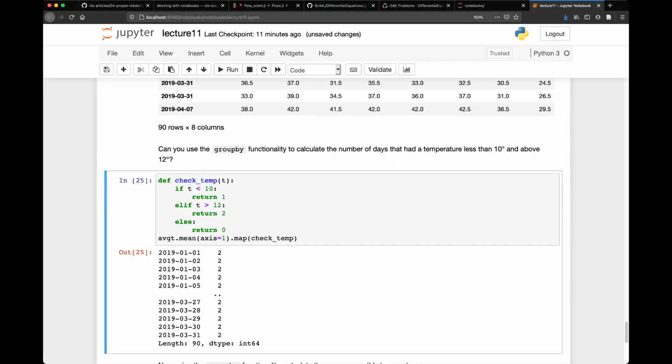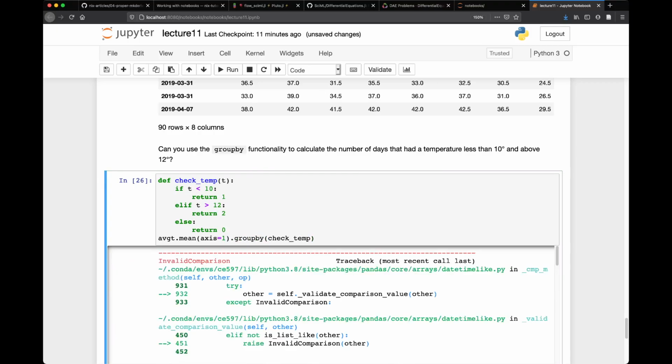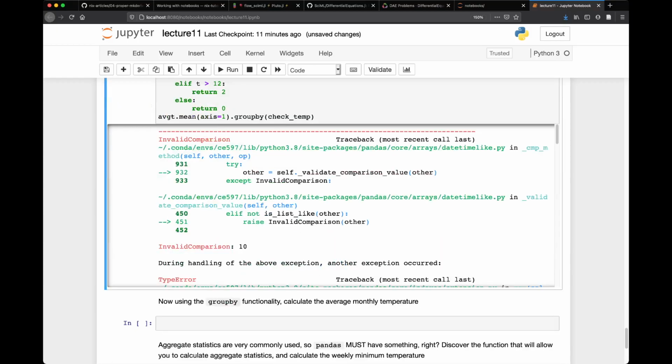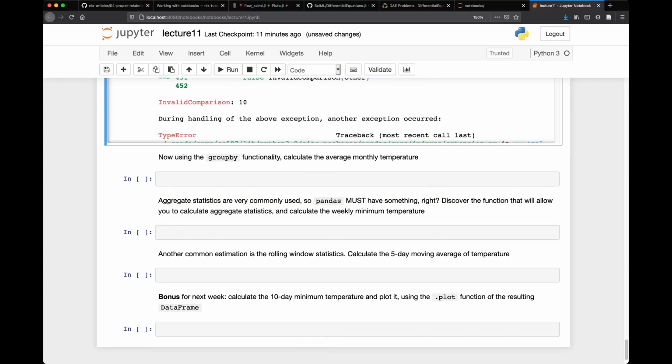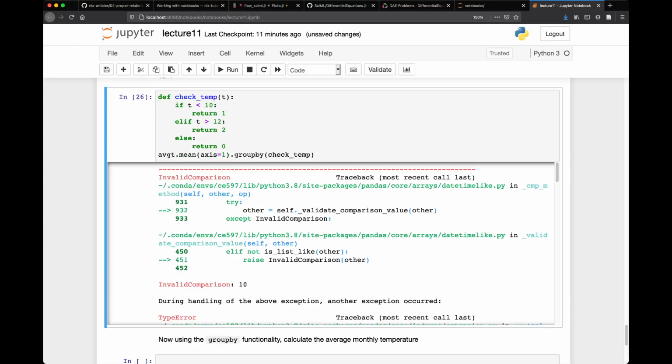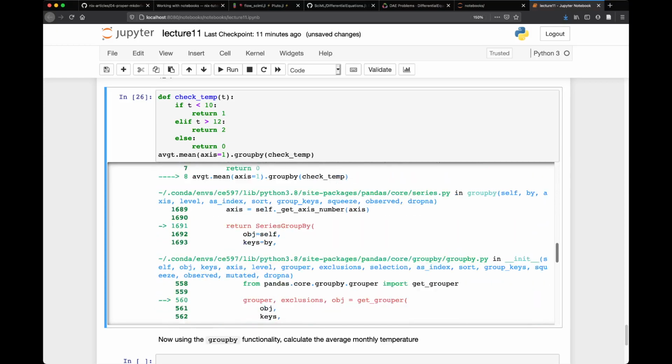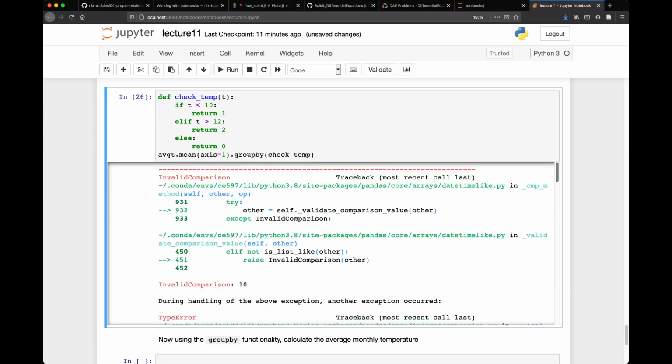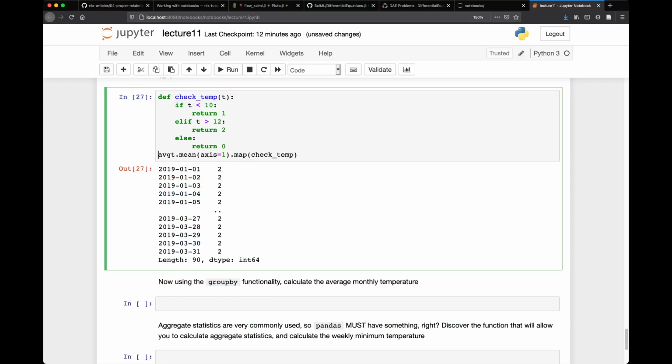Now, one thing we could do here is directly run group by, and we get an error. You see how we cannot use it directly on this, but what we can do is map again this, and we get the same index. So now if we go to group by on this entire sequence,